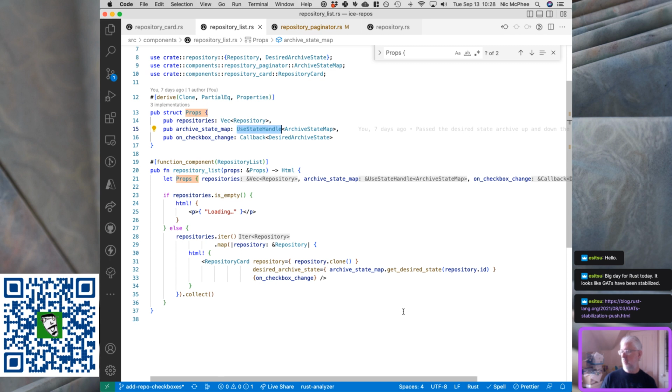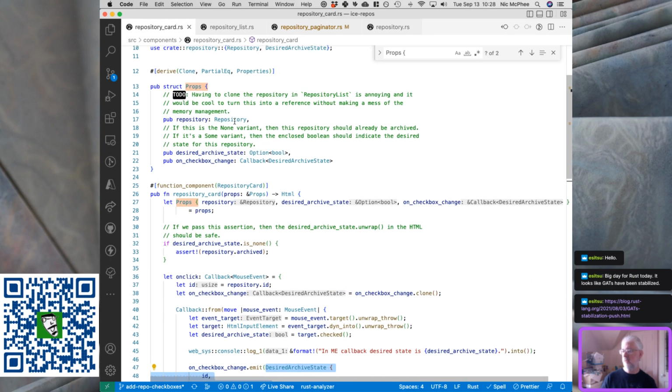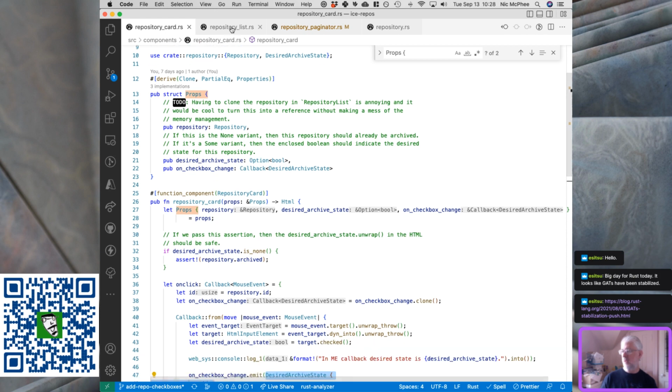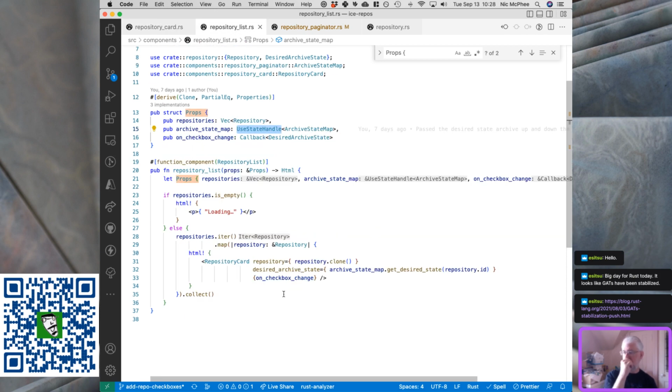And then we don't pass that to the card. The card props is just, yeah. So the only thing that gets that archive state map passed in is the repository list. Well, maybe we just, as an experiment, because it wouldn't be hard,